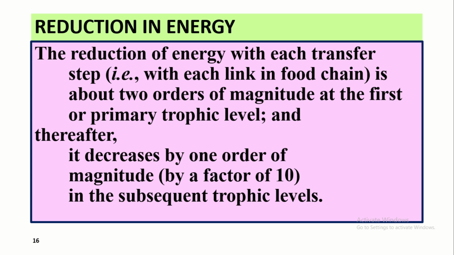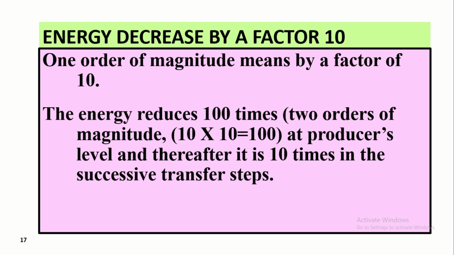Reduction in energy. The reduction of energy with each transfer step within each link in the food chain is about 2 orders of magnitude at the first or primary trophic level, and thereafter it decreases by 1 order of magnitude, a factor of 10, in the subsequent levels. The solar energy that comes in decreases 100 times, 2 orders of magnitude, to whatever portion is receivable by the plants. After that it keeps on decreasing 10 times. 1 order of magnitude means by a factor of 10. The energy reduces 100 times, 2 orders of magnitude, at the producer level, and thereafter it is 10 times in the